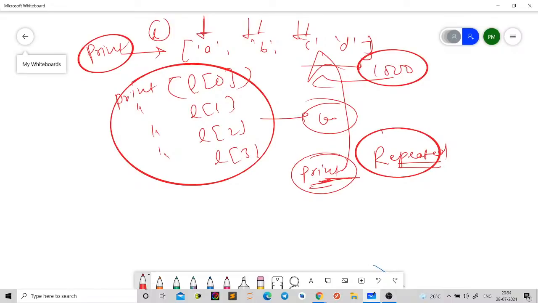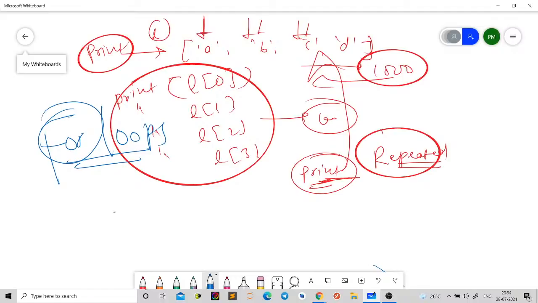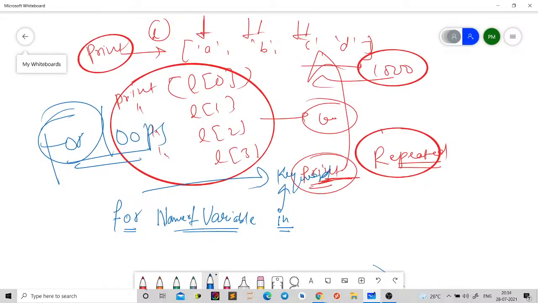So how do I write a loop? I start with the keyword for. We are reading for loops. For is a keyword: small f, small o, small r. I write for, and then I write the name of the variable. And then I write in. In is again a keyword. So I write for, name of variable, in, and then I pass